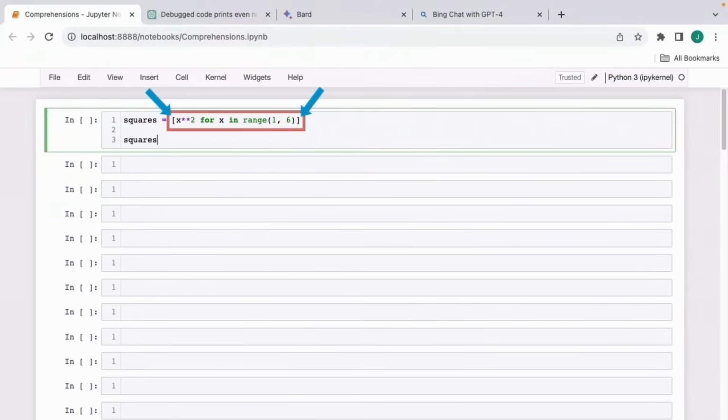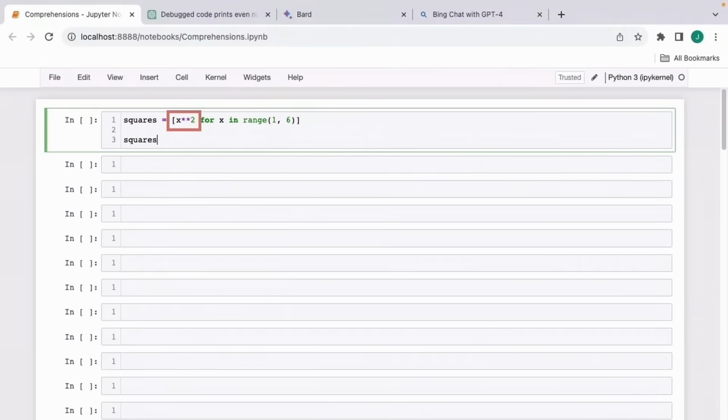A list comprehension is used to create a list. Let's see how we do this. Observe that within the list comprehension, we have a for loop for x in range 1 through 6. We know that this for loop will have x take on values 1, 2, 3, 4, 5. So all values excluding 6. This for loop inside our list comprehension will iterate over the values 1 through 5, and those values will be